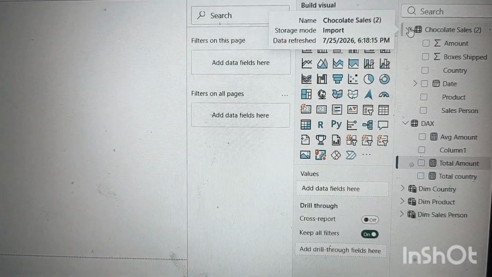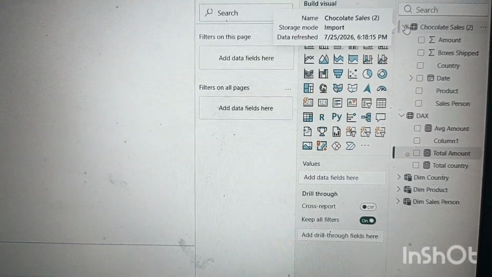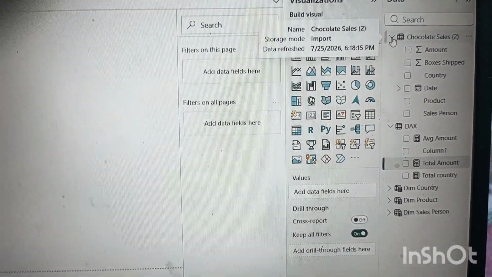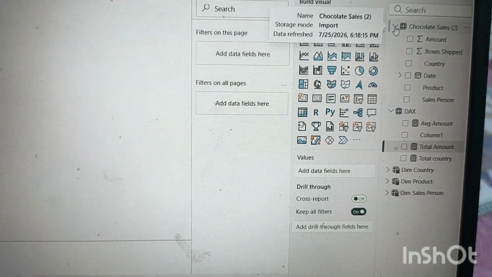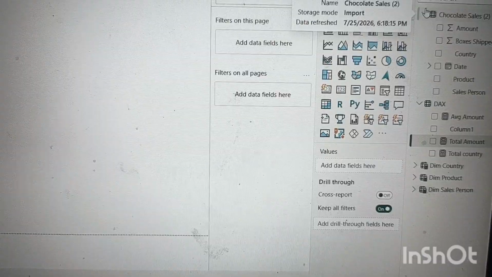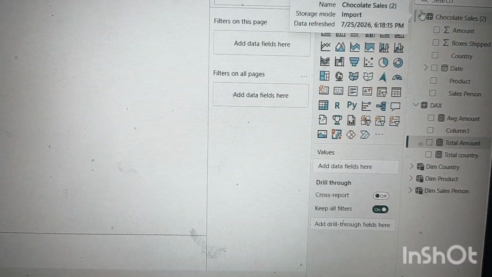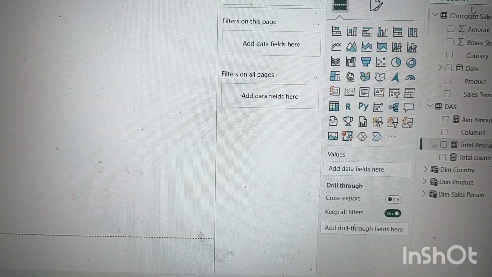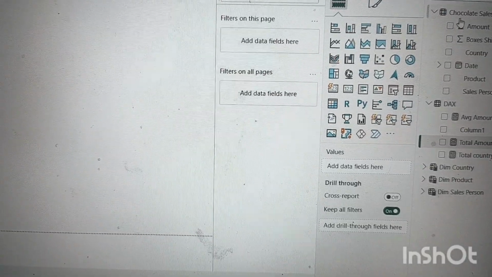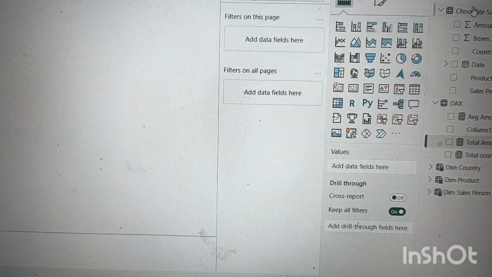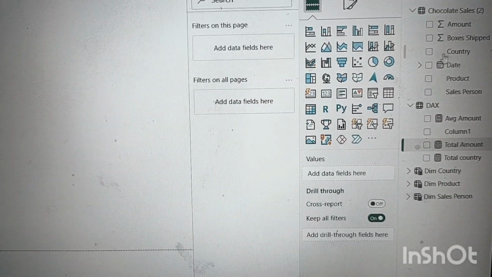So right now we have observed that amount is available in chocolate sales. And how can we understand whether amount is numerical or text? Here you are watching, guys, this is the sigma sign. It is called the sigma sign, and it is a sign of numerical value.